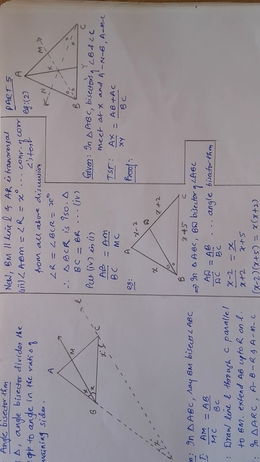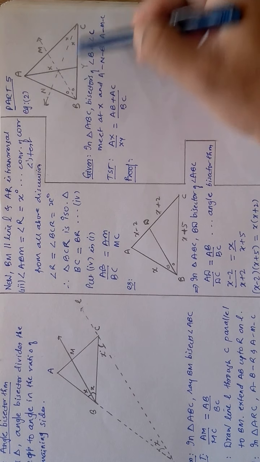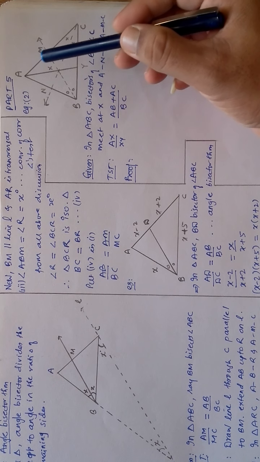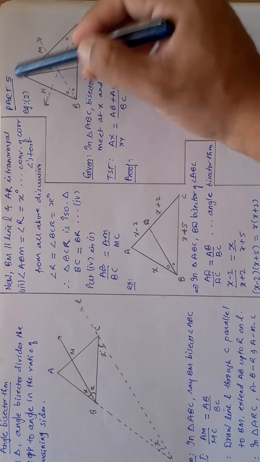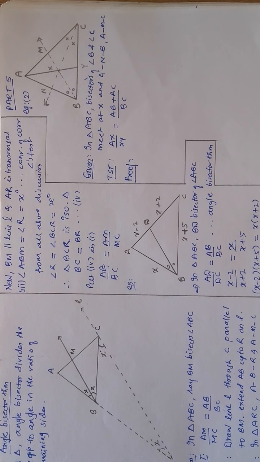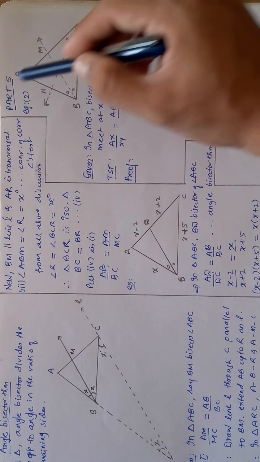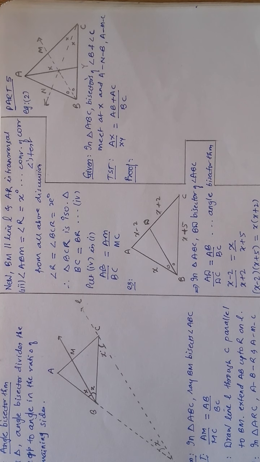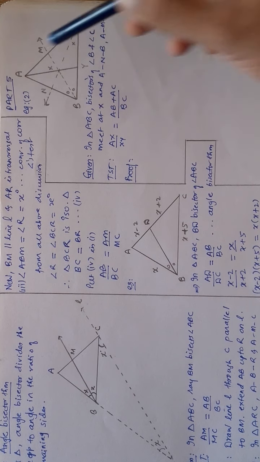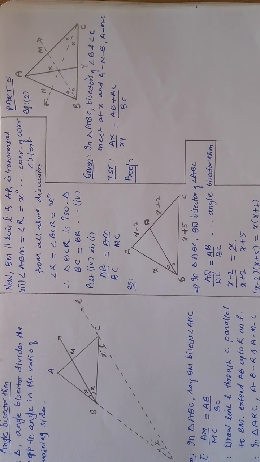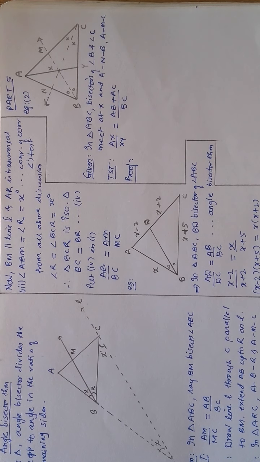One may feel directly, why not take triangle ABC, so that you will get the ratio AB is to BC is AM is to MC. That is, AB, BC and AC we will get. But the main part, AX is to XY, I will skip over; you will not get it. Agreed? To get AX is to XY is our first priority. To get that, I need to take triangle ABY.